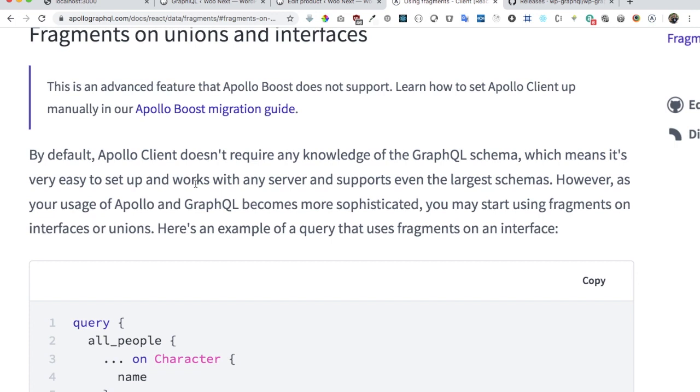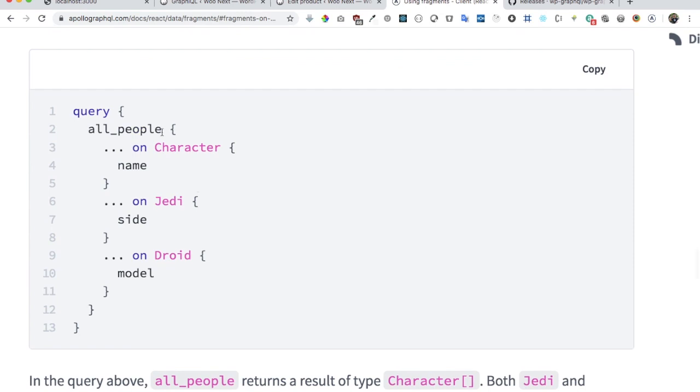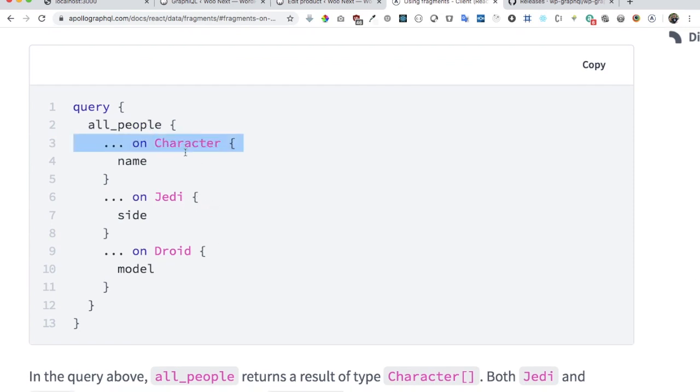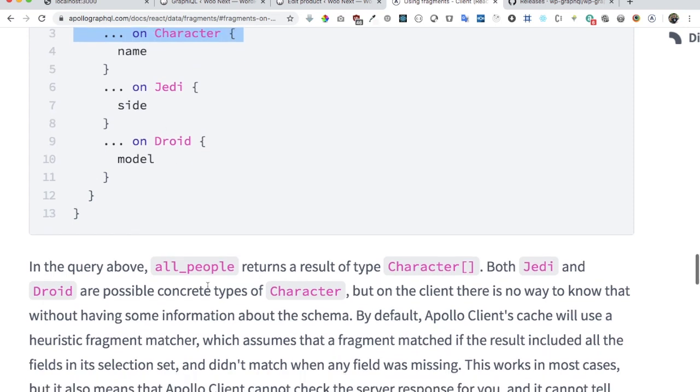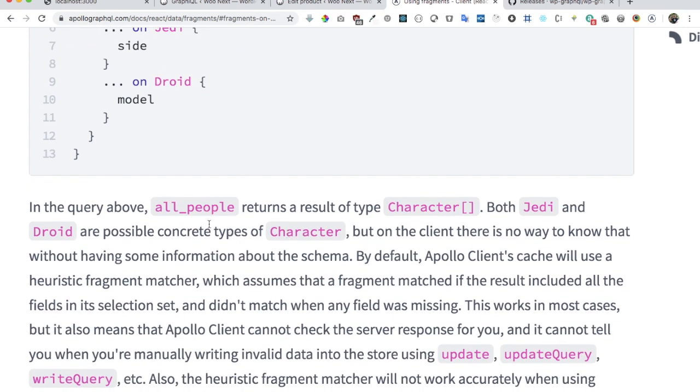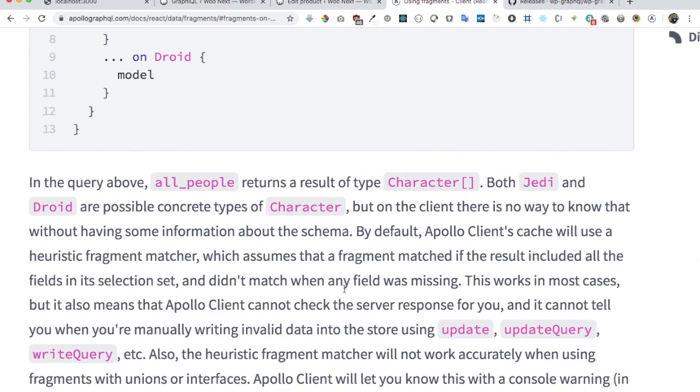However, as your usage of Apollo and GraphQL becomes sophisticated, like when you're using fragments on interfaces and unions, then you would probably need to do something else. So it explains over here that you can have this fragment and then these two as well, and it explains what it does and all of that stuff. I'm not going to go into the detail of that, but just to let you know that